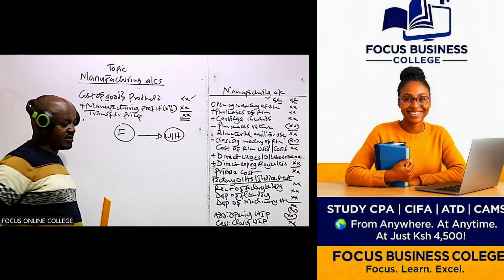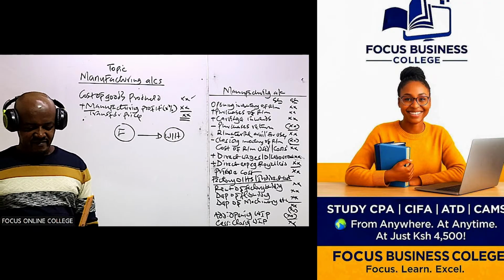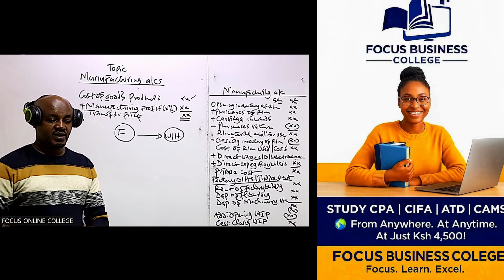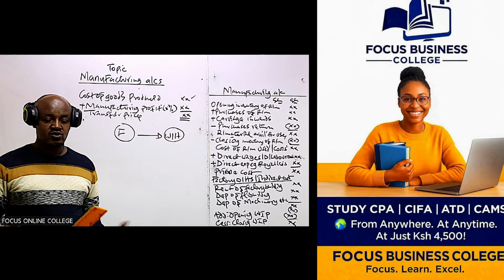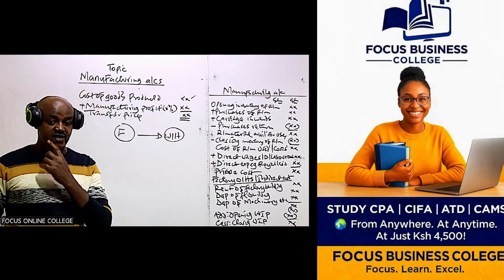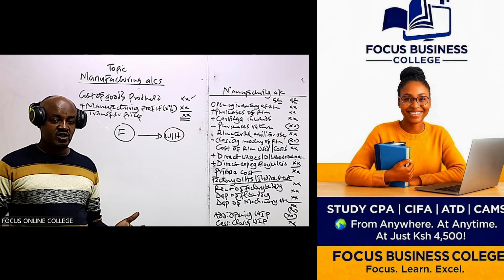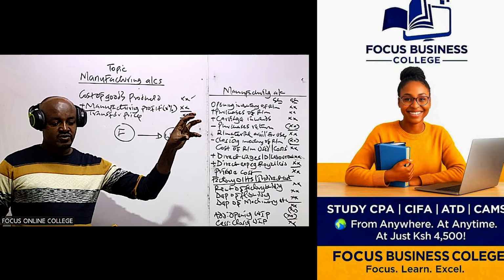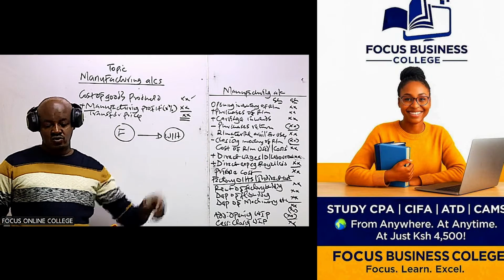I've said this is basically what happens in a manufacturing company. Once the goods have been manufactured in the factory, they are not kept there because automatically they cannot be sold from the factory. The work of the factory is basically to manufacture, to convert raw materials into finished goods. Once they are converted, once they are finished, they'll be taken to the warehouse for them to be sold.